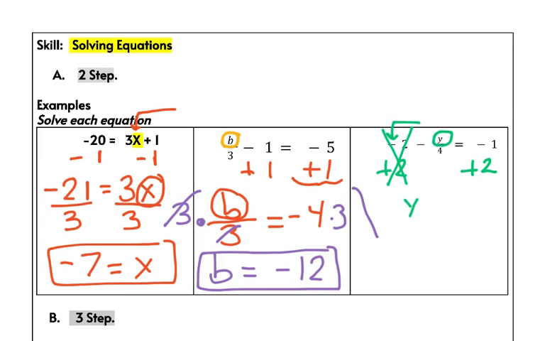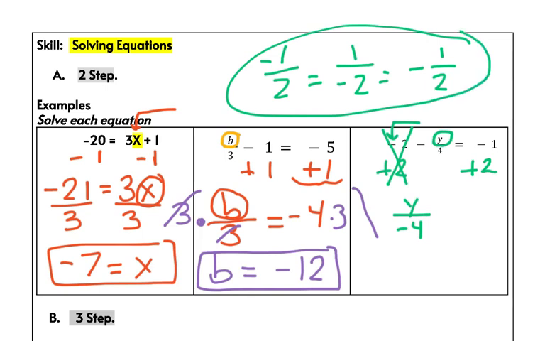I like to write that like this. Now, you don't have to, but it's the same thing. For example, negative 1 over 2 is exactly the same as 1 over negative 2, which is exactly the same as negative 1/2. All these are equivalent. You might say, which one do I use? It really doesn't matter. But when I'm solving, I kind of like that negative to be on the bottom because